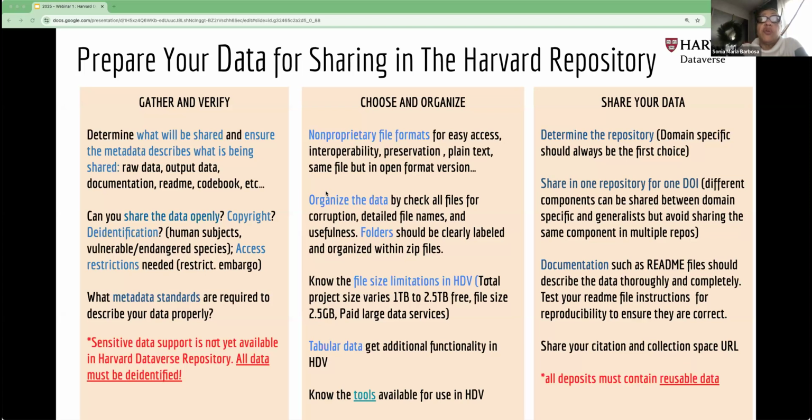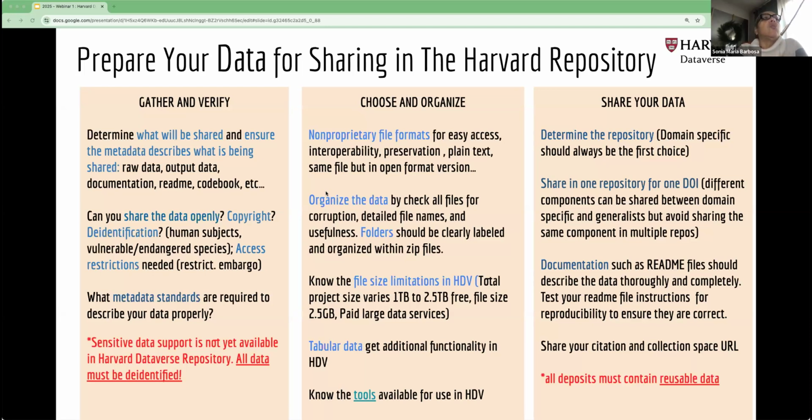Once content is published, we go in and review it to ensure that it meets our policy. One, that there's no copyright violations. That typically comes to us from the people who own the data if someone has violated copyright. No sensitive data, because the repository does not support sensitive data. Data needs to be anonymized beforehand. And we also ensure that there are data in the deposits that are being created. So again, we emphasize not depositing just supplementary documentation that doesn't include reusable data. You can add any documentation, any related articles,